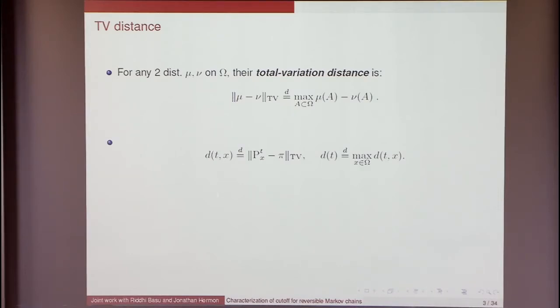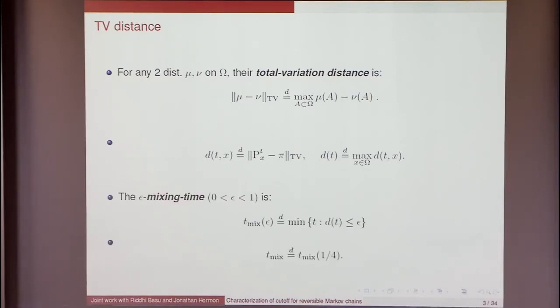So this is the maximum over all target sets A and initial points x of the difference between the probability you are at A versus pi of A. Okay, so d of t is really measuring your distance to stationarity in a rather demanding way, maximizing over starting point and target sets the total variation distance. And